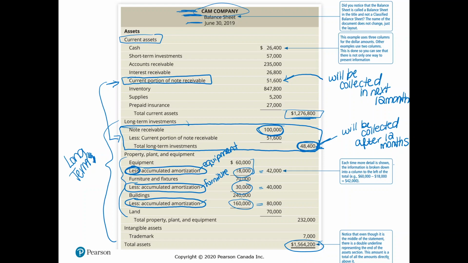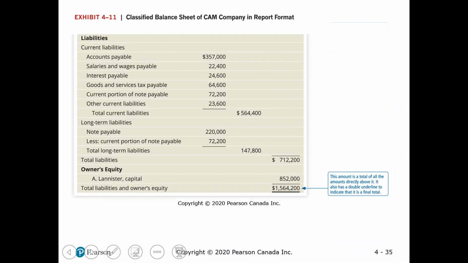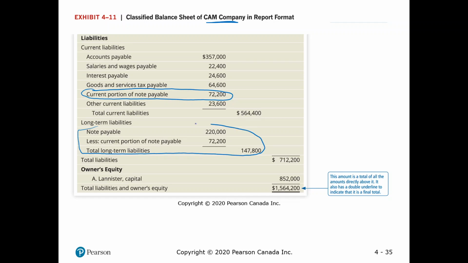Okay, so that looks at the asset side. Now this shows just a continuation for CAM company, but the liabilities and equity portion. So same idea here that I want to point out about the current portion of note payable and how this note payable is shown here. So we borrowed money from somebody and we have this note. The total balance that we still need to pay is